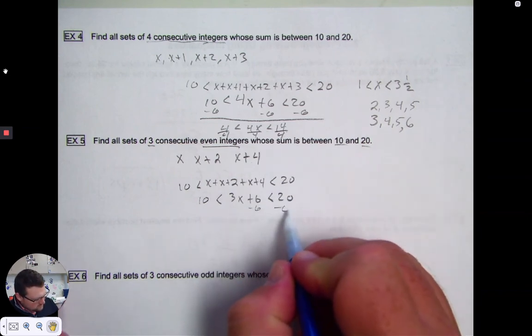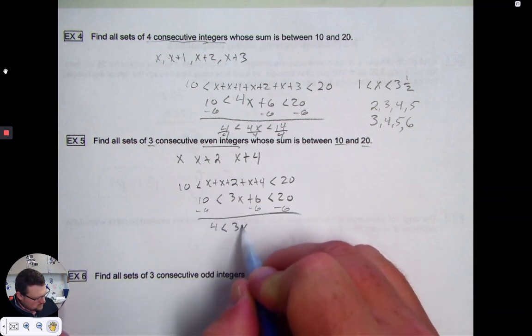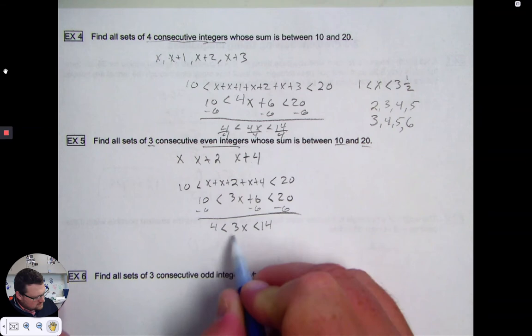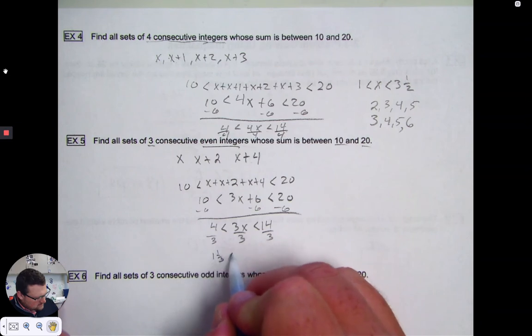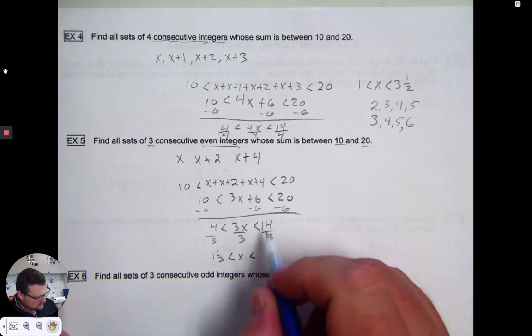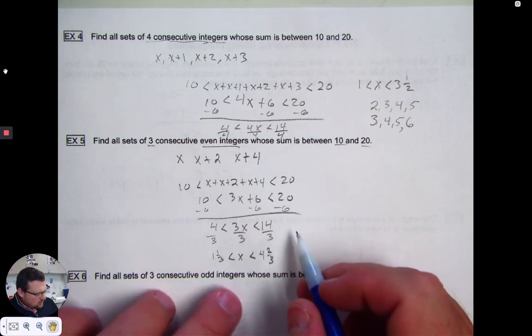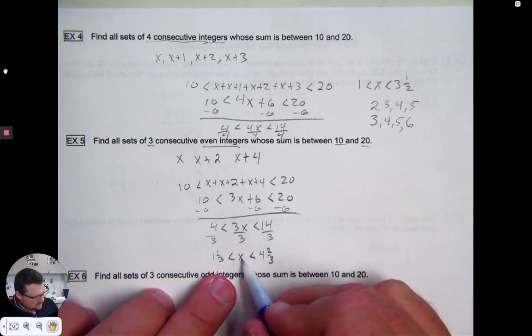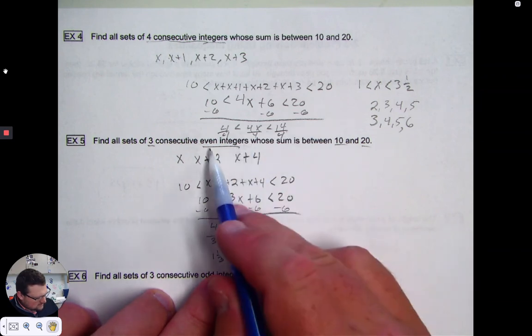Same thing as before, subtract 6. You get 4 is less than 3x, which is less than 14. Divide them all by 3. Okay, and this would be 1 1/3 is less than x, which is less than 4 2/3. So our potentials for x would be, because they have to be integers and even integers,